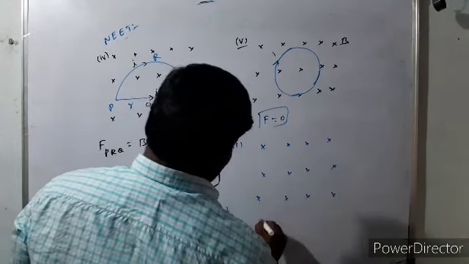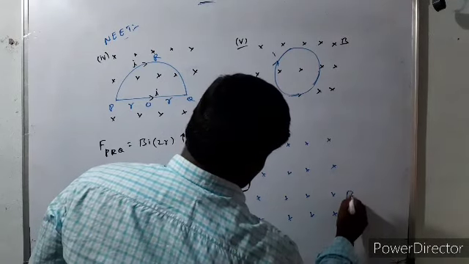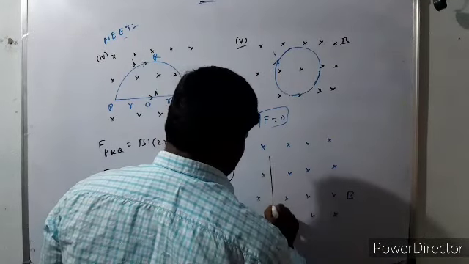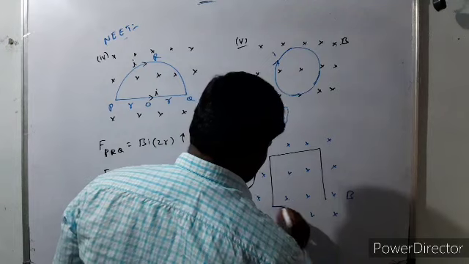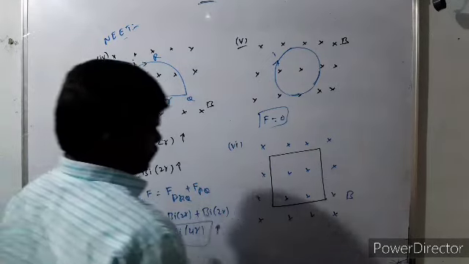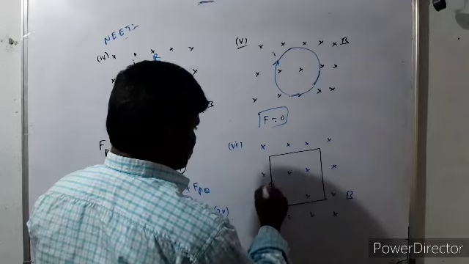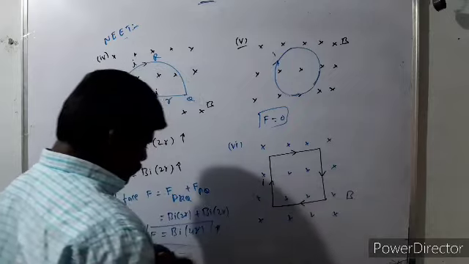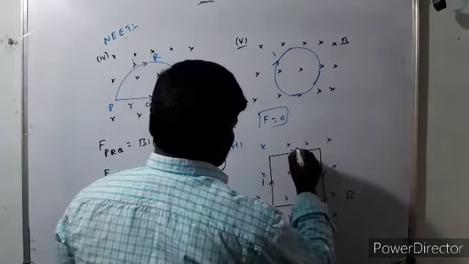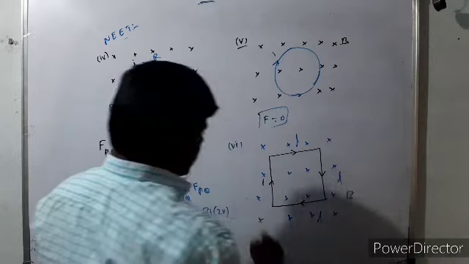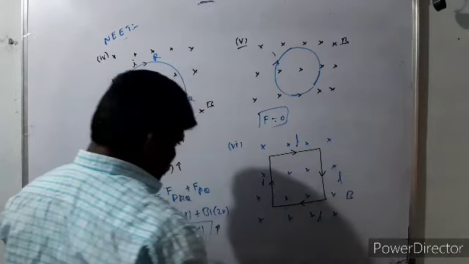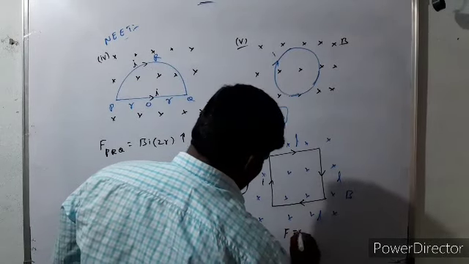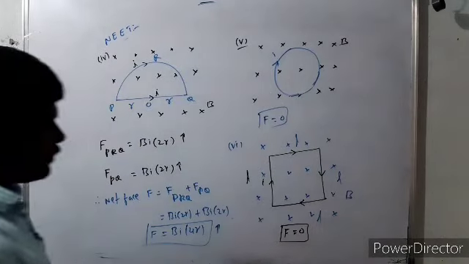Similarly, this is a magnetic field. This symbol shows the magnetic field is perpendicular to the plane of the board. Now I am considering a square shaped conductor. L is the length of the conductor, carrying current I amperes. Here the current is forming a closed loop. Now what is the force on this conductor? Let the length of each side be L.